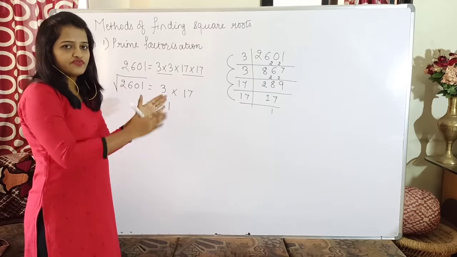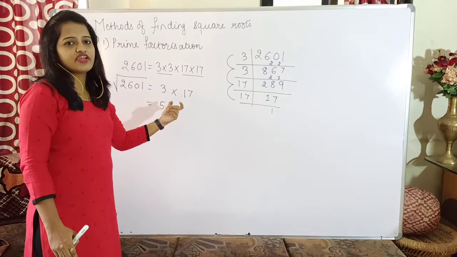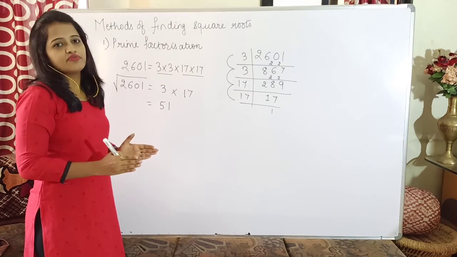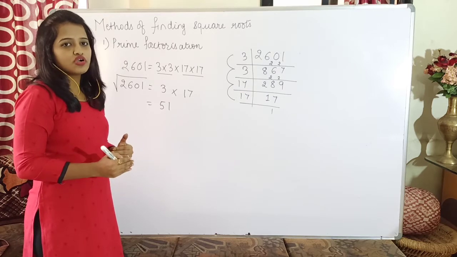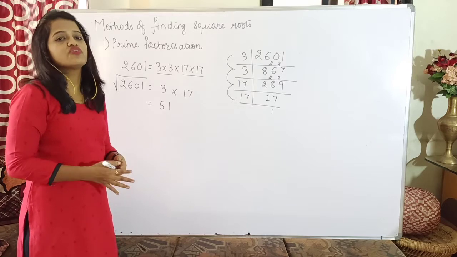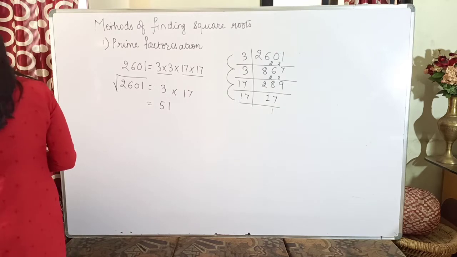Okay, so what we have done, first of all, we have found all the factors, then we have represented all the factors in pairs. If they are in pairs, then only the number will be a square. If they are not in pairs, then the number will not be a square, and if it is not a square, you cannot find its square root. Now let us consider one more example.